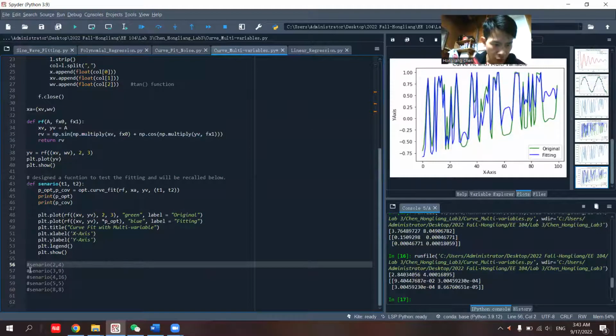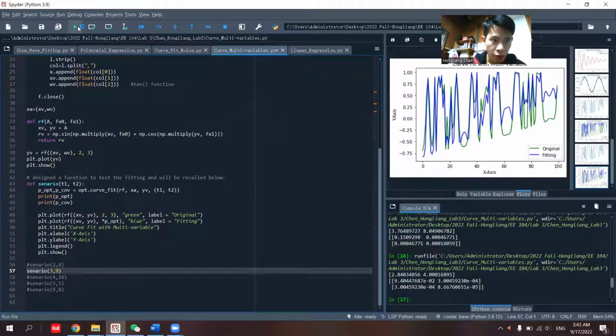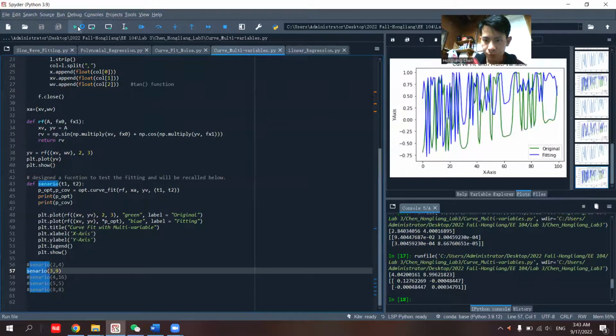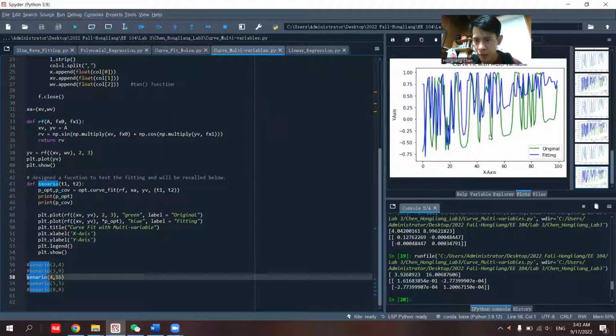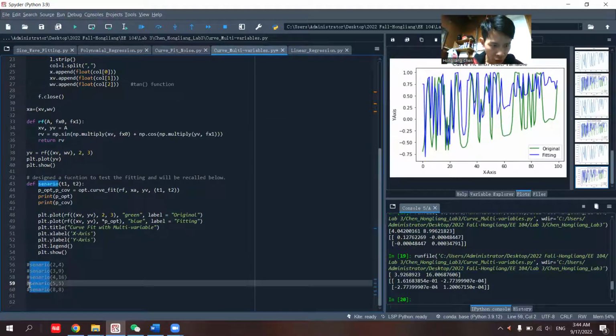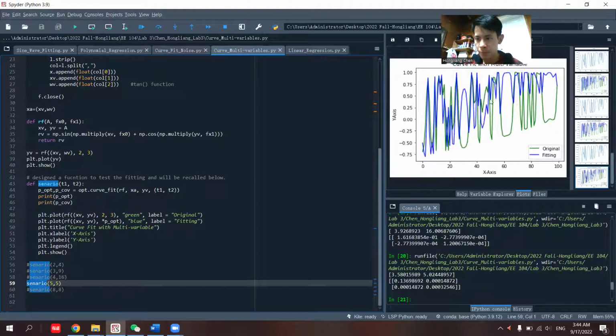And then if I disable the first one and enable the second one, it comes out more messy. And then if I enable the third one here, to me personally, I could not understand how this plot really works. And if I disable the third one and enable the fourth one, then yeah, so I could